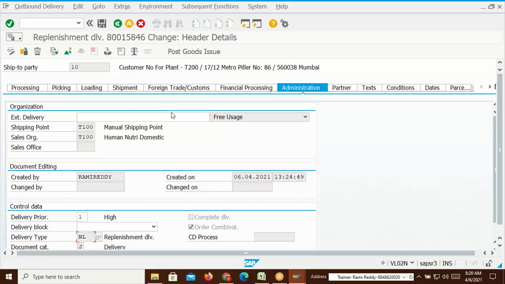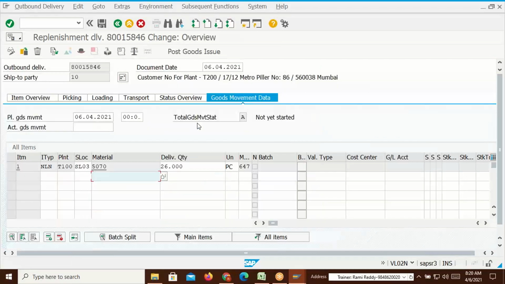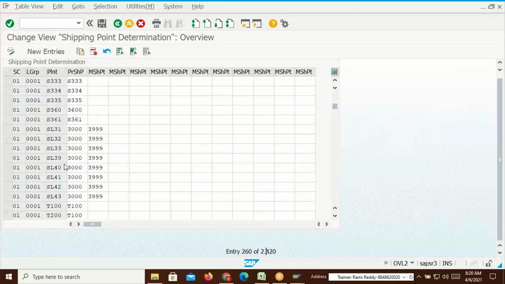Right now I will go back to the main screen. Now see here, observe this, automatically shipping point SL03 for the plant T100 is determined. Why is it determined? Because you have done this configuration for the supplying plant. If shipping conditions is 01 and if the loading group is 0001 and if the plant is T100, then you determine the shipping point,